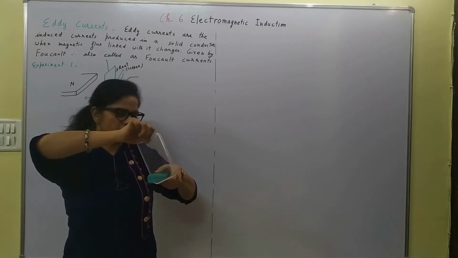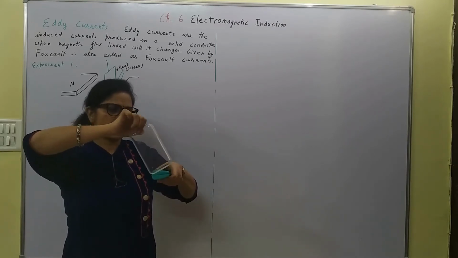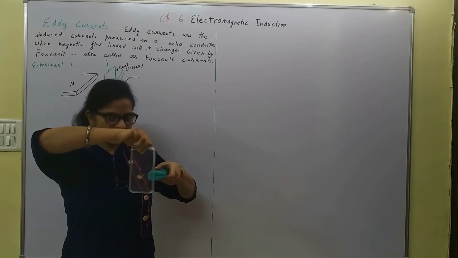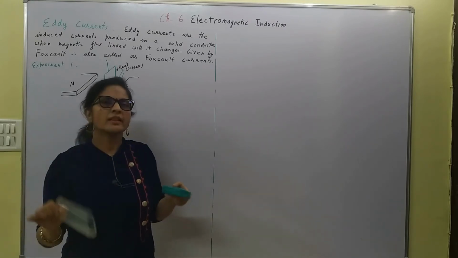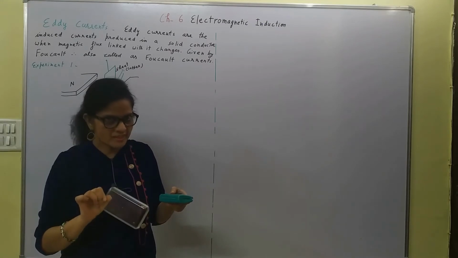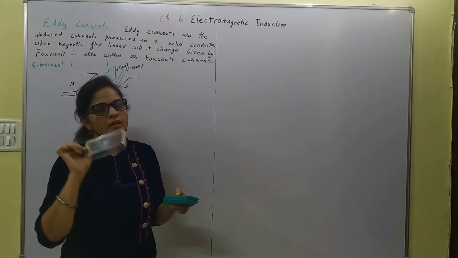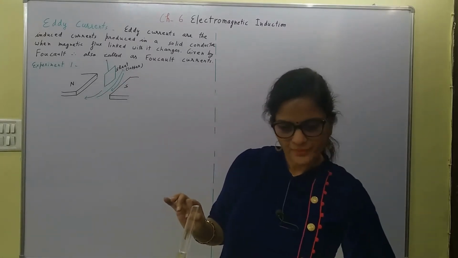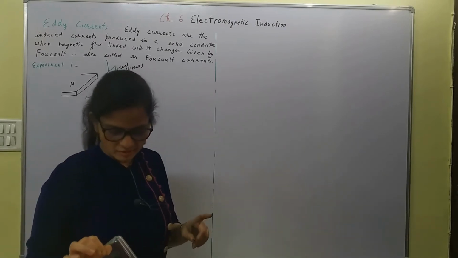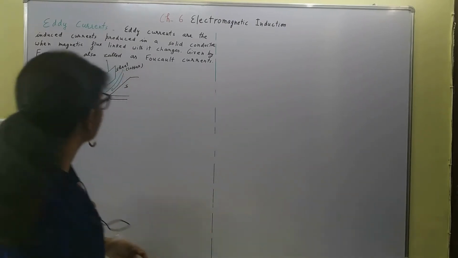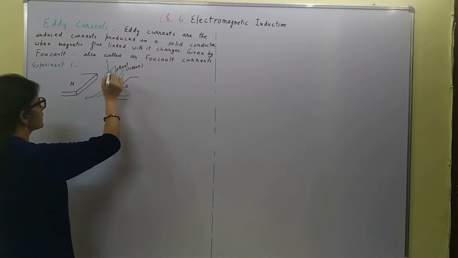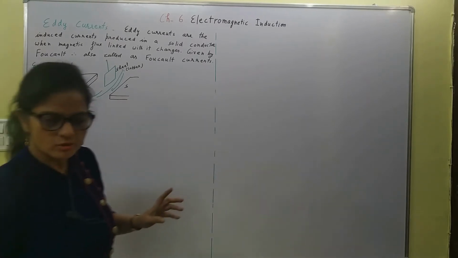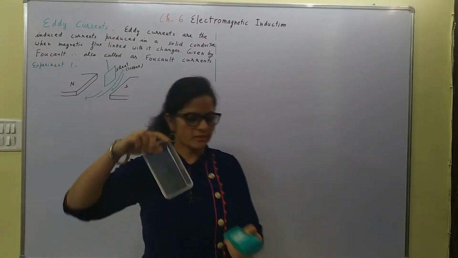The magnetic field is increasing, right? Magnetic field is increasing means the area of the conductor which is entering the magnetic field is increasing. That means the magnetic flux is increasing, and that's why an induced current is produced in this metal sheet, right? So these currents which are induced in the metal sheet are called eddy currents. These are circular. I'll draw it later after telling you how to find the direction. So this is the case when it is entering the gap.